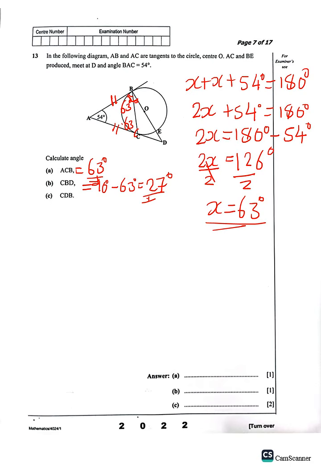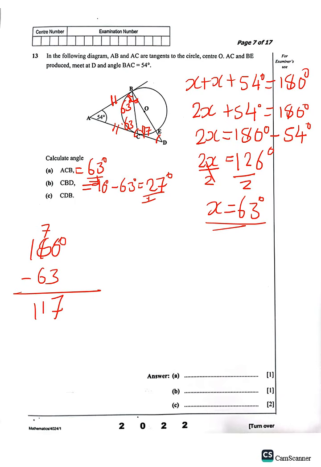CDB, this angle here. Okay, so what are we going to do? ACD is a straight line, and ACB is 63. So if we subtract 63 from 180, we can have this angle. So let's find this angle. So 180 minus 63: 0 minus 3 it can't, so we get 1 from 8. 10 minus 3 is 7. So here we have 7. 7 minus 6 is 1. So the angle BCD is